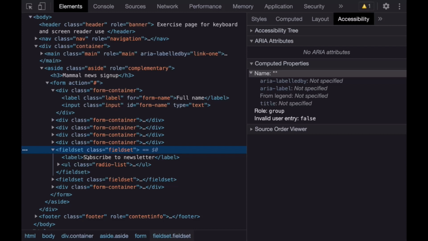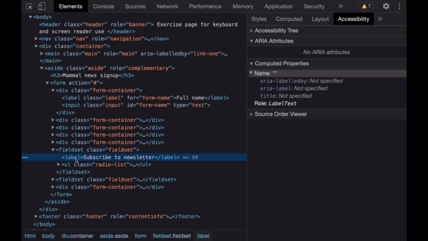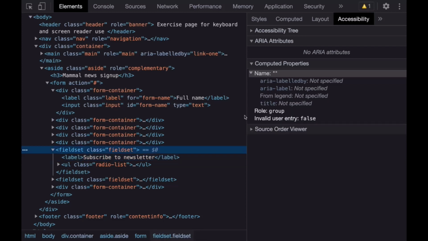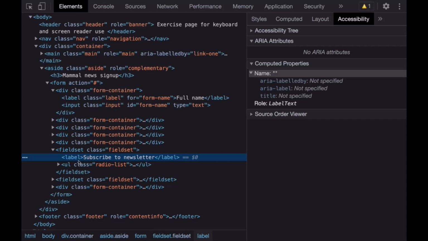Inside the fieldset, the very first child should be a legend element. So you can test this by clicking on the fieldset and seeing if it has an accessible name. In this case, it's got a role of group, but no accessible name. And that means that someone's failed to deliver the proper element there. And that can be fixed using a legend. And then you will become a legend.